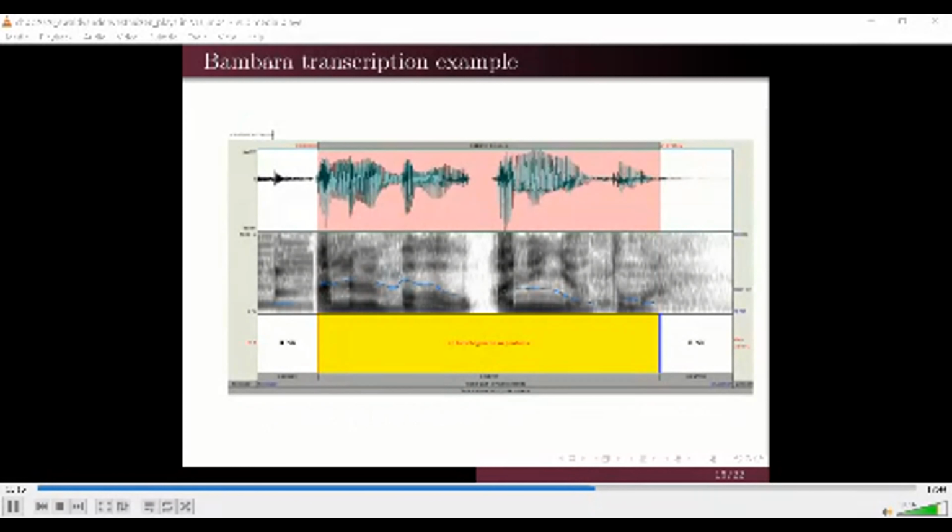We used the Praat annotation tool to do the transcriptions, and from this screenshot you can see in the top section the waveform of the speech signal displayed. In the middle section there is an image of the spectrogram of the speech signal, and in the bottom section the text transcriptions are entered. So as you can imagine, this can be quite a time-consuming process, doing it all by hand.